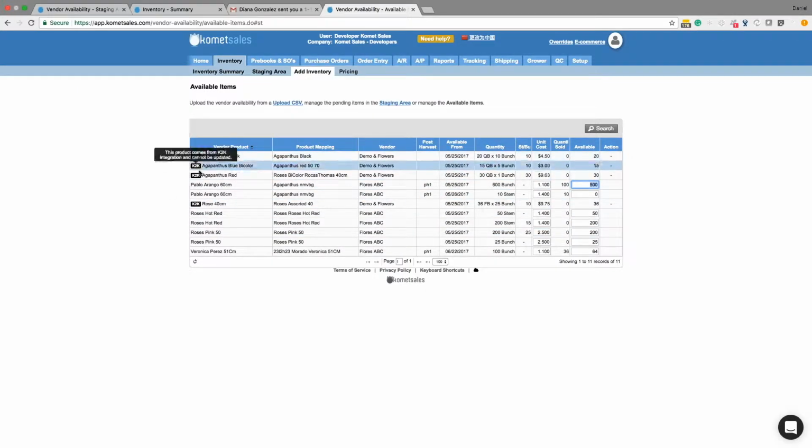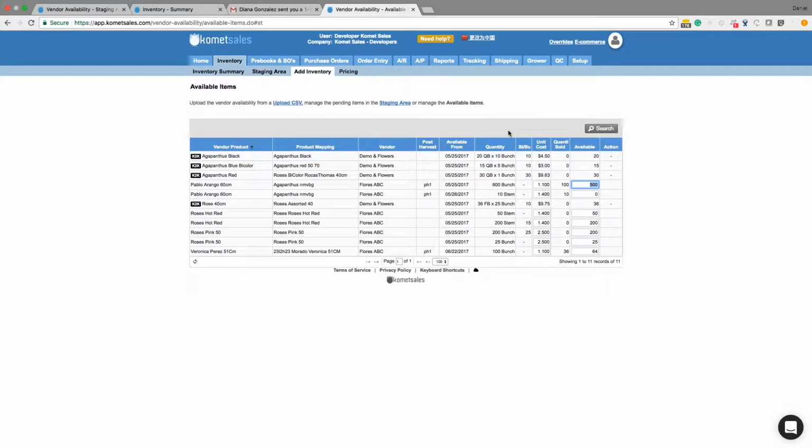So I have some product already here that I confirmed, and it shows me exactly how many products we have available, right? And then it's showing me here what is my unit cost. This is, as a receiving company, where we're seeing the price that we're buying this product from your vendor. But this is not what the customer is going to see. So once everything has been confirmed and it gets reflected into the staging area, over into available,